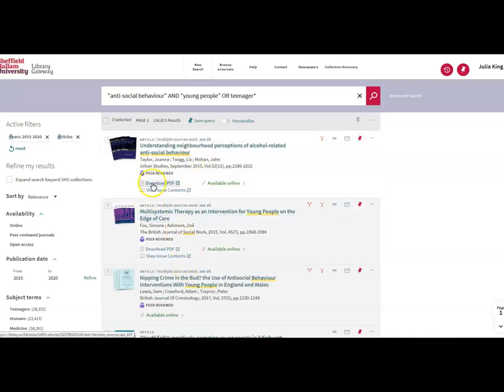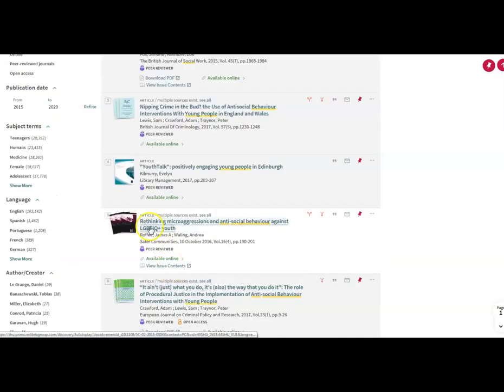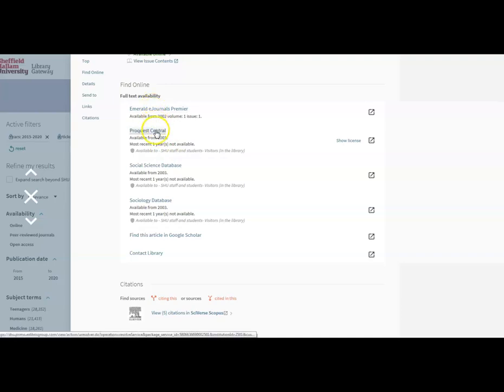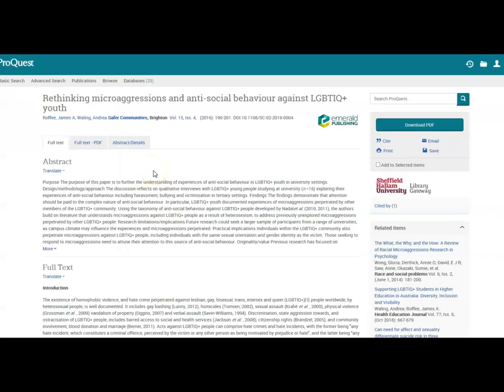I've either got the option to download the full PDF, which will take me straight into the article, or to view available online. If I click onto available online, let's choose this one, Rethinking Microaggression. I click onto available online. I have several options of how I can request this article. I can select one that I want to look at, which will take me into the full text of the